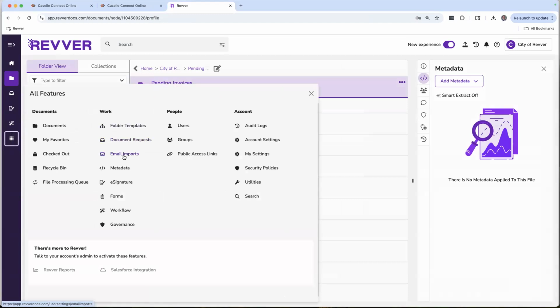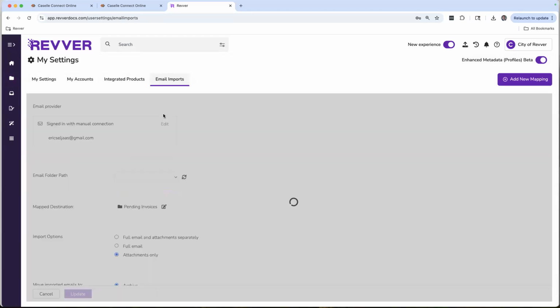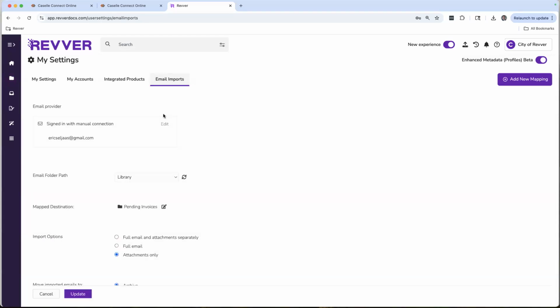So as I showed you before, Jess, you sent those emails to me. If we come in here to email imports, I've configured this. I put in my credentials in here for my email address, and it's watching some specific areas inside my email for things to come in. So one idea in this example, I've configured it so the emails that just drop into this folder are automatically going to come into